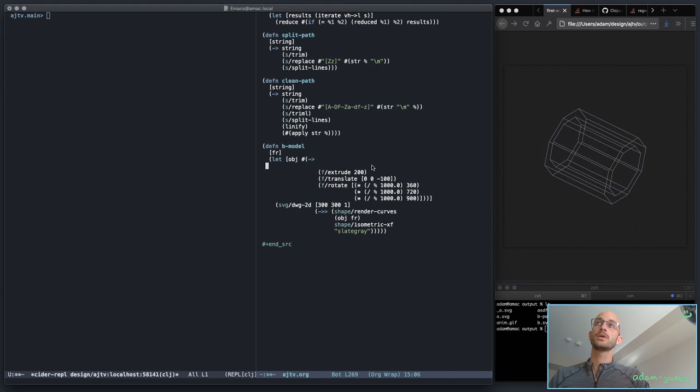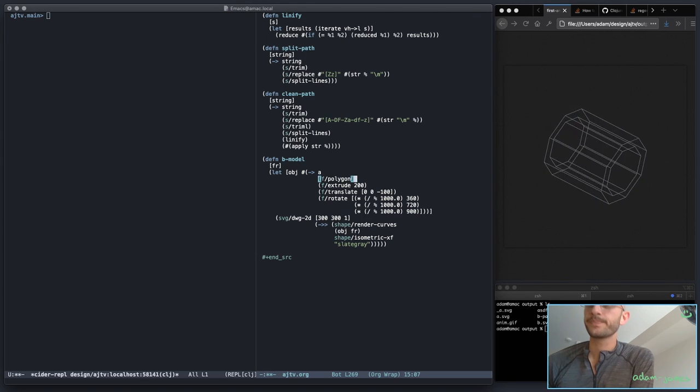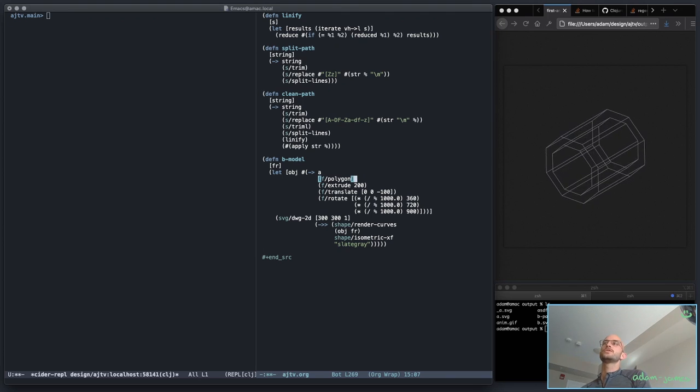So, or it actually expects F/polygon, which now I have to make from